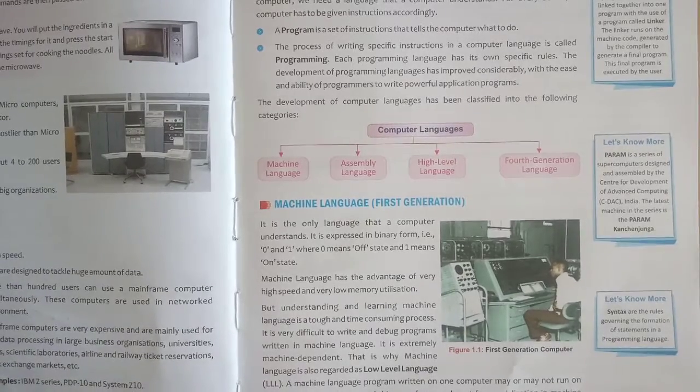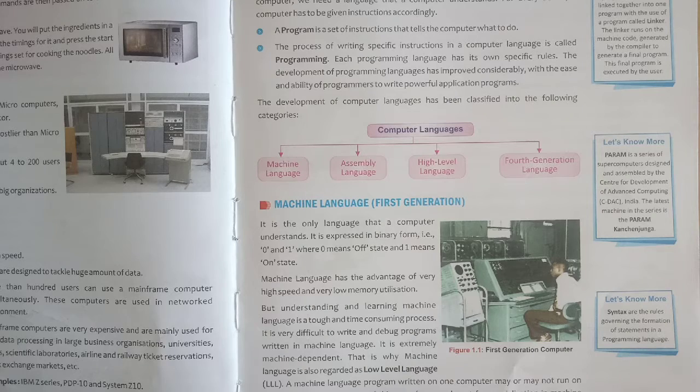After this, the next language is our assembly language. Here there is a little change in the generations: second generation computers and this language. This language uses mnemonic codes or symbols in place of 0 and 1. Mnemonic codes means we are using some codes and some symbols. If we want to give a particular name to any digit, it is allowed by assembly language. For example, if the operation code is 001 in binary language, it can be directly written as ADD in assembly language.